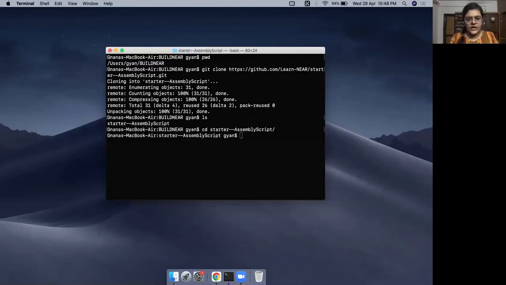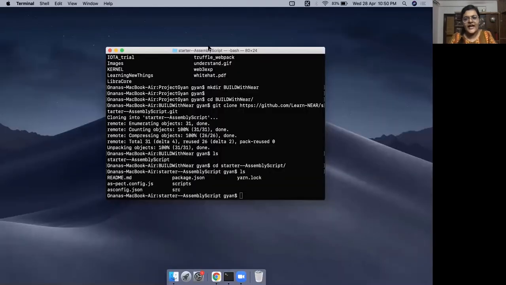Let me bring this to the center of the screen so we are all able to see this. As you can see, I'm already inside the repo. And you can see that there is a README, there are some config files, there is the asconfig.json, which is a config file.